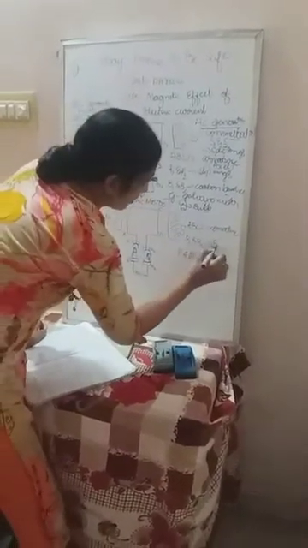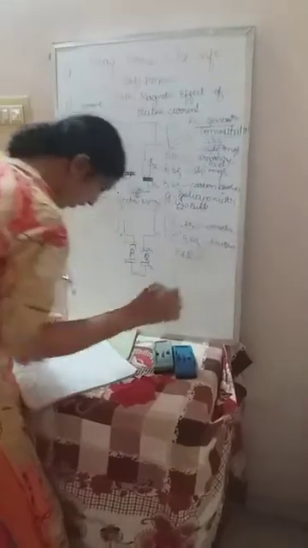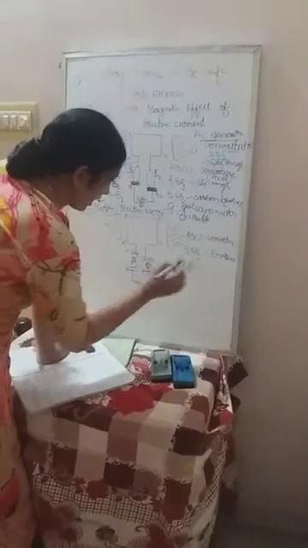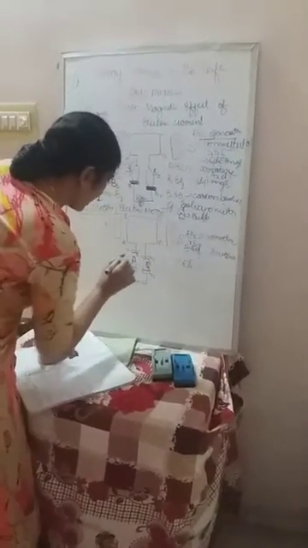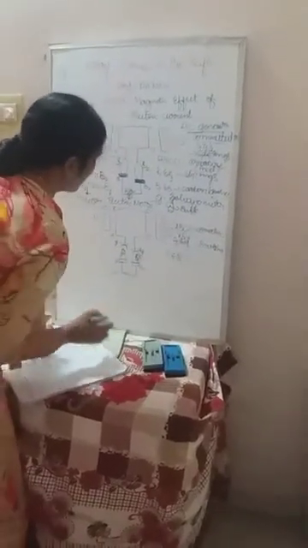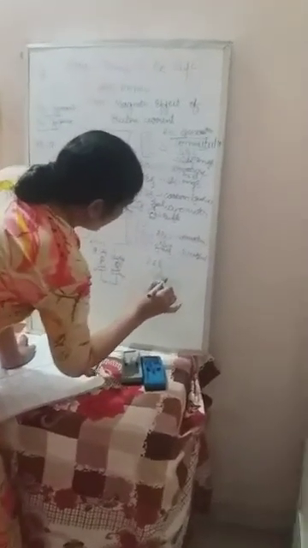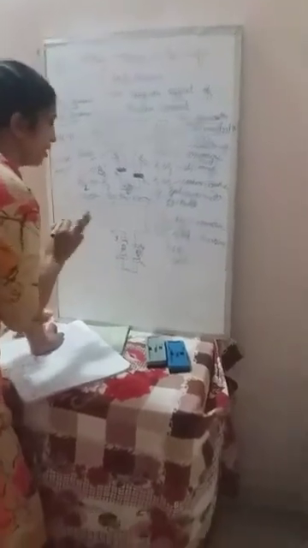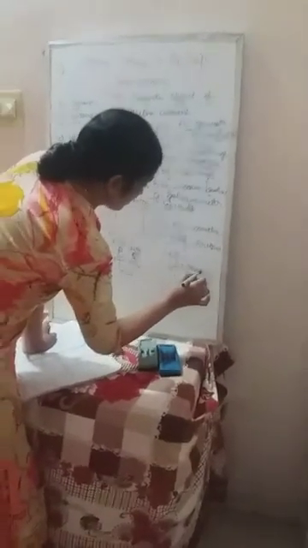B1 and B2 are the carbon brushes, or if you have doubt in that also, you can take X and Y as in your class or textbook. X and Y are the carbon brushes, and P and Q are the split rings. Here also we have taken split rings because it is a DC motor. Keep in mind, not an AC motor. So that is why we want to use the split rings.